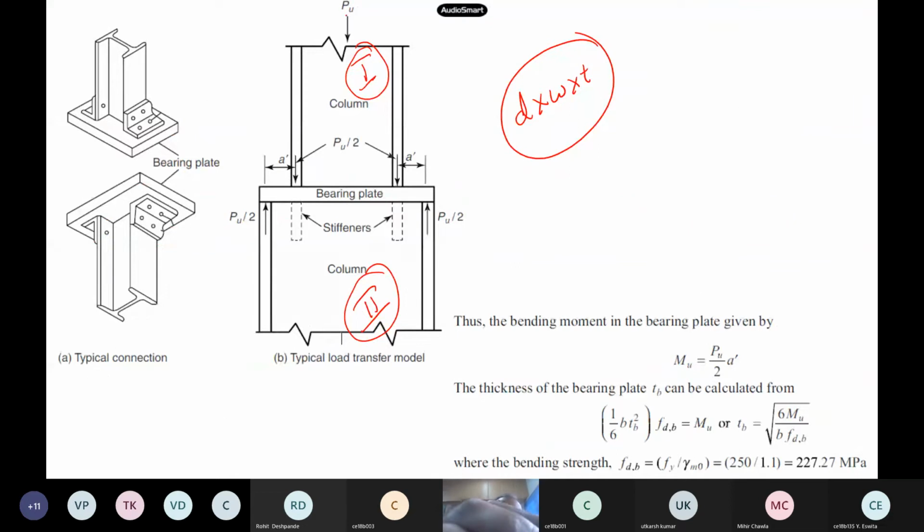Okay, so now this is the load PU. The load carried by this is PU by 2, PU by 2. So this is a bearing plate. Now the load is coming like this, PU by 2, PU by 2. So the code clearly says you find out the bending moment in the bearing plates, which comes from